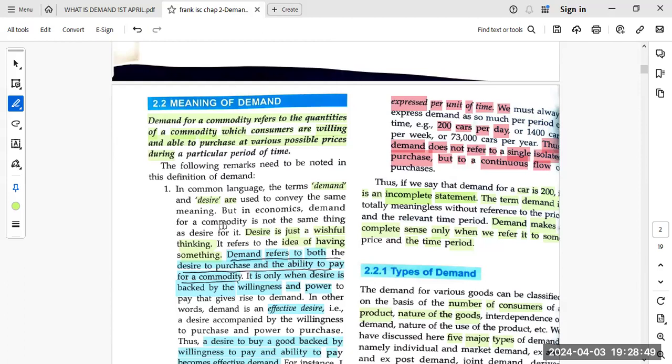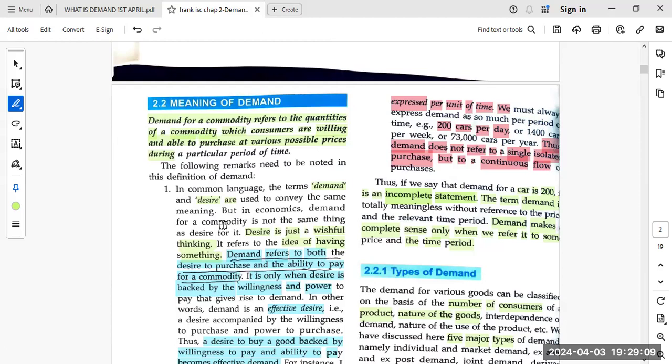So what was your question? If the price increases and I stop purchasing it? Yes. Oh, okay, fine. So that can happen. So you stop purchasing it, that is one different thing. But in basic, demand is always a flow concept. Whenever you mention that you demand something, there will be a flow in that.